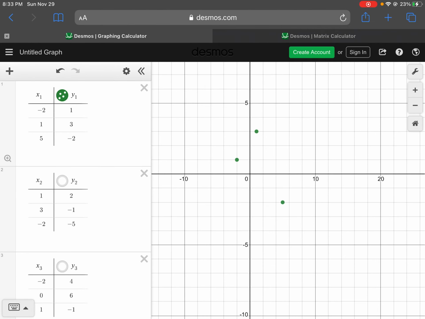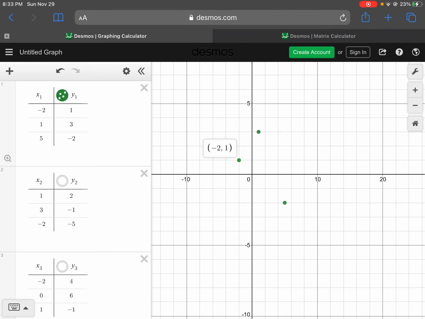And notice that, we'll take one point, for example, the point -2, +1, right here. And if I were to rotate it 270 degrees counterclockwise, we would